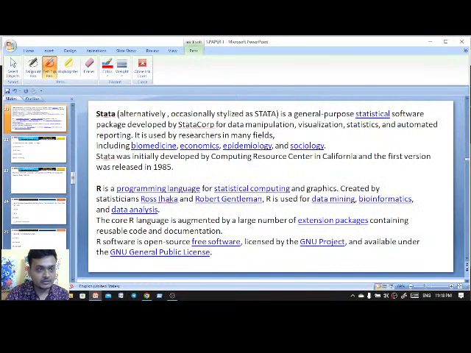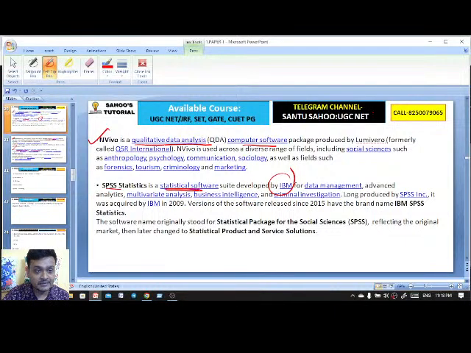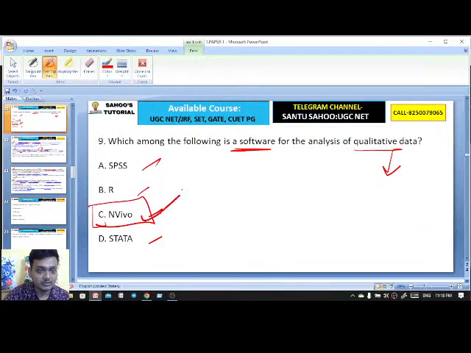Now we have Stata as well, a general purpose statistical software package developed by StataCorp, and R is actually a programming language for statistical computing. Stata is a general purpose statistical software, whereas NVivo is a qualitative data analysis software, and SPSS is statistical software developed by IBM for data management. Now here the right answer is NVivo for the analysis of qualitative data.